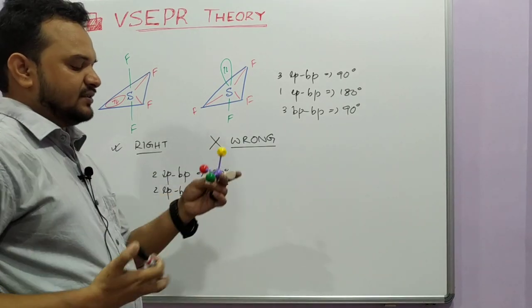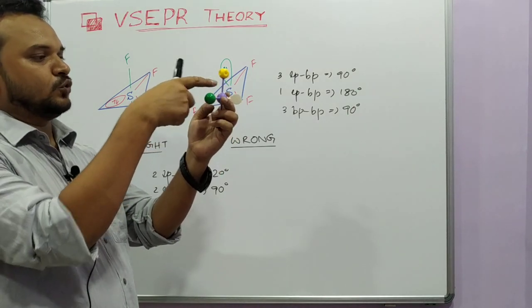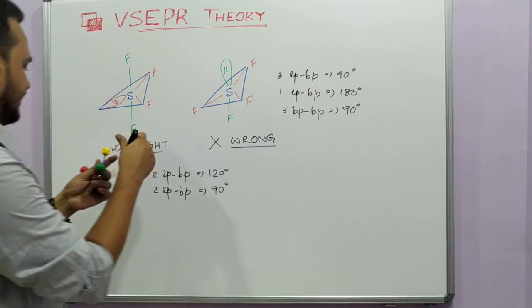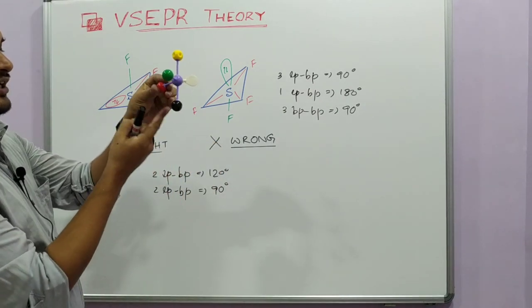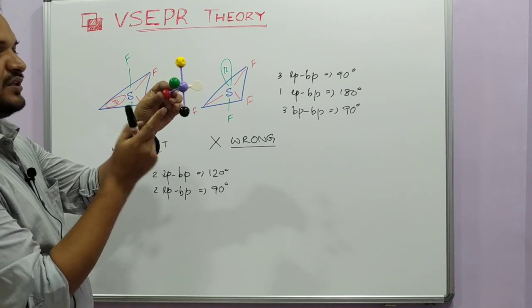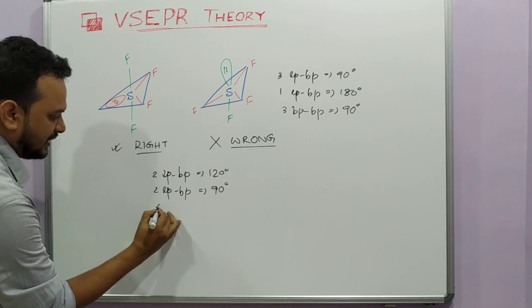And then there are some bond pair repulsions, this one and this one. So 2 bond pair repulsions at 90 degree, and this fluorine will also give 2 bond pair repulsions at 90 degree. So 4 bond pair repulsions at 90 degree,